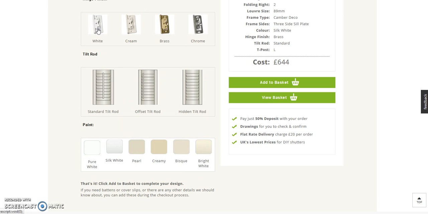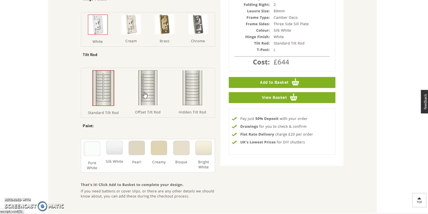Next we choose the finish on our hinges. Tilt rod can be in the center, offset to one side, or if we choose a hidden tilt rod, it's going to add 10% to the price. And finally, you can choose the color you want your shutters finished in. That's it. Click add to basket,